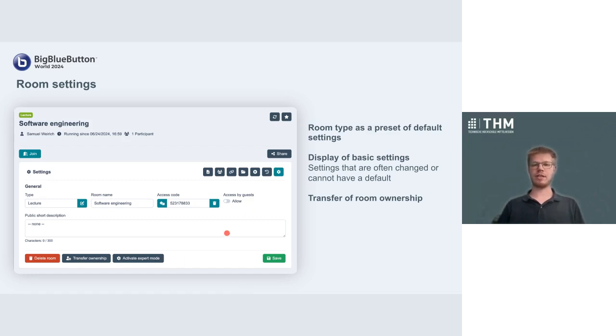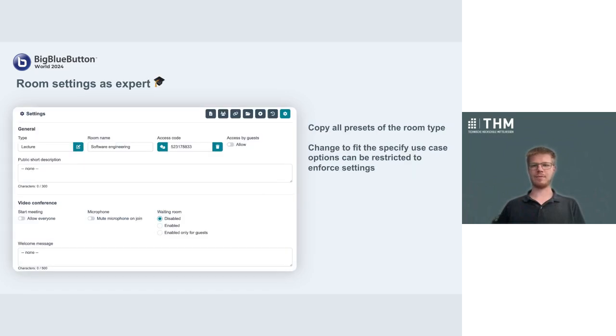What's also a new feature is that you can now transfer the room. So if the lecture changes and someone else is taking the same class next semester, you can just transfer the room with all the content and all the configurations, all the recordings in there. Or if someone is leaving the company, you can also hand over that meeting to someone else. So these are the settings that you can do, and a lot more if you are the